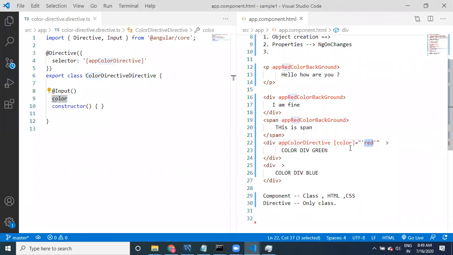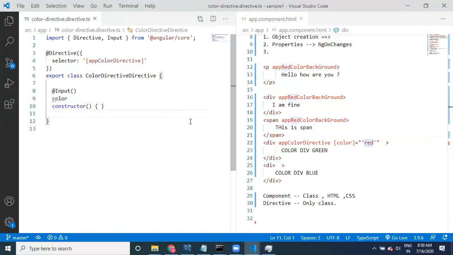Now you are providing red, and you are applying this red to this color property. Okay, let us look at it.